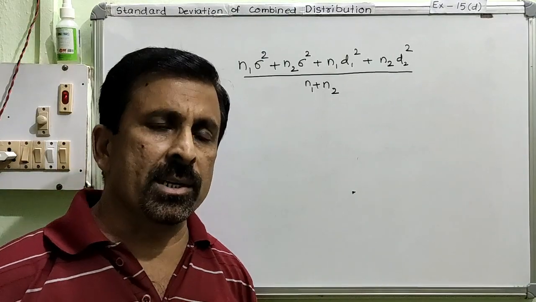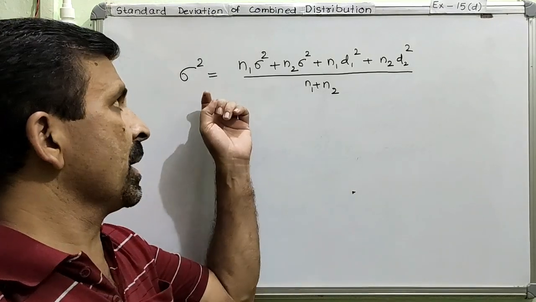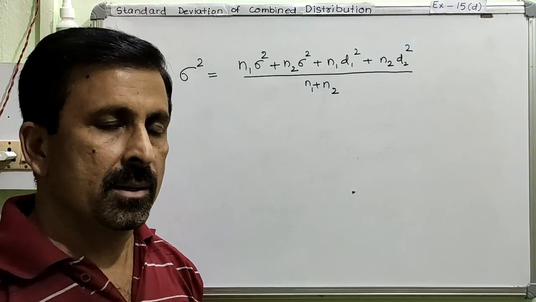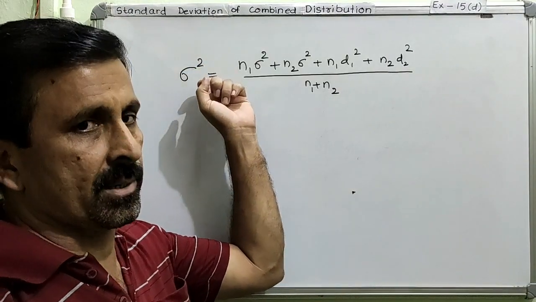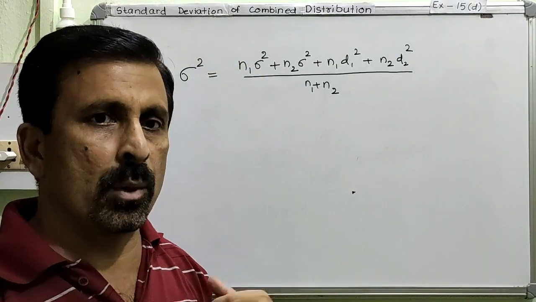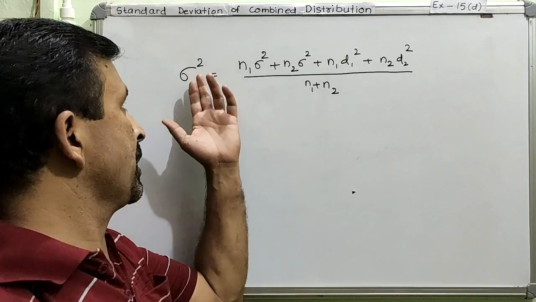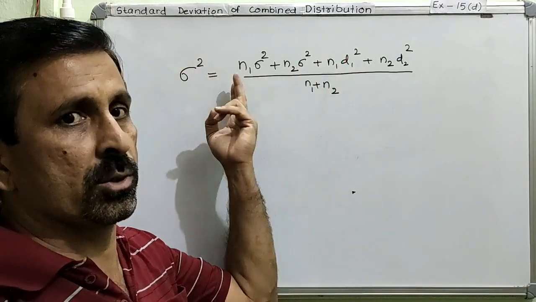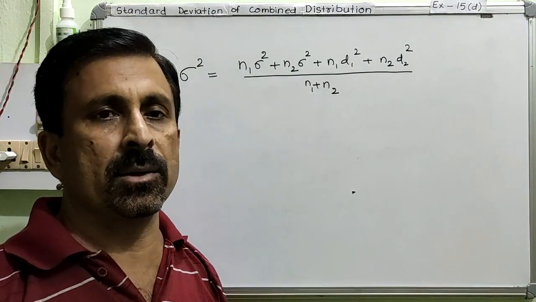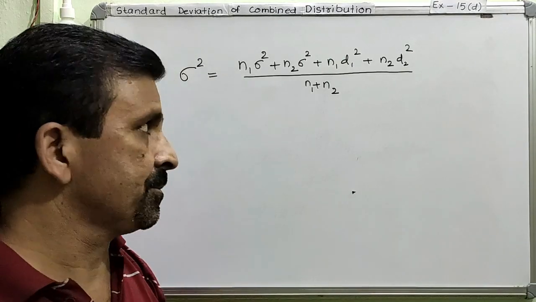Now we will try to understand the formula. Once the formula is clear, then the work becomes very easy, right? The formula we have is, you know that the standard deviation is denoted by sigma, so this is sigma square. That means this will give you the variance, right? The square of the standard deviation is the variance. But here we are not interested in calculating the variance. We want only to find the standard deviation. So at the end, we will shift this square to the other side, and then we will calculate the value of sigma, and that sigma will represent your standard deviation. Hope I am clear.